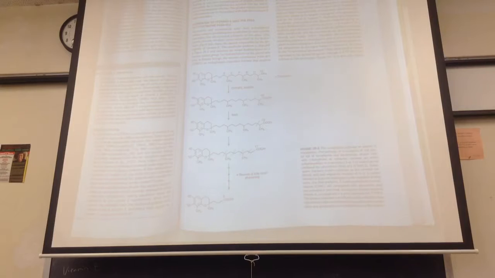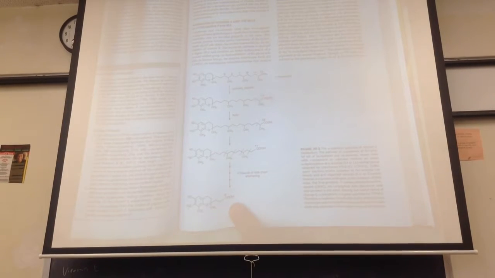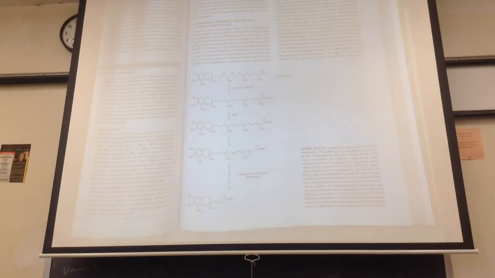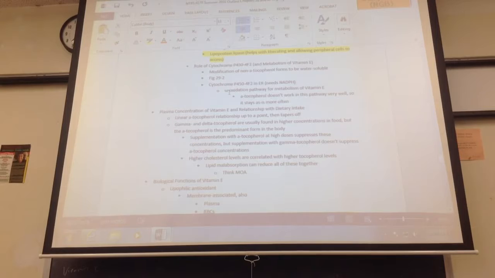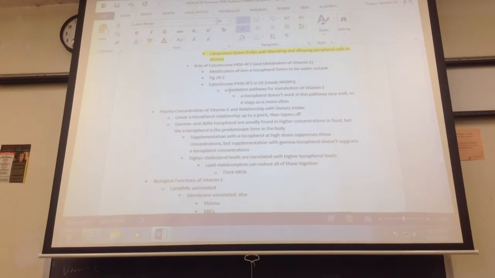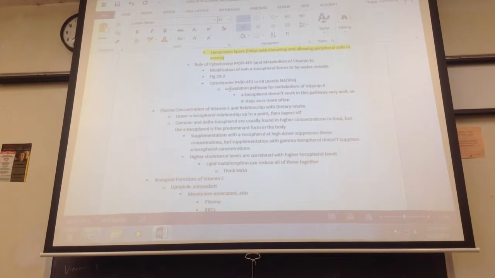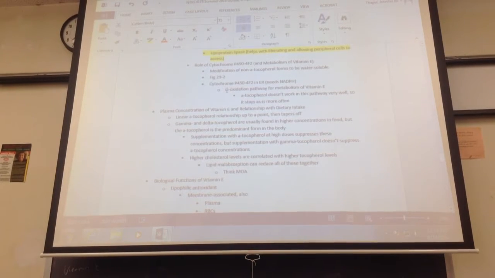So this is not actually going to function exactly the same as alpha tocopherol by the time you shorten it. But that's how you can excrete vitamin E in the urine, right? It becomes polar. If it's polar, it's water soluble, and then you can get it out. Okay, it just happens that something unique about alpha tocopherol doesn't work in this pathway as well as the other tocopherols. This pathway that I showed you is known as the gamma oxidation pathway, because